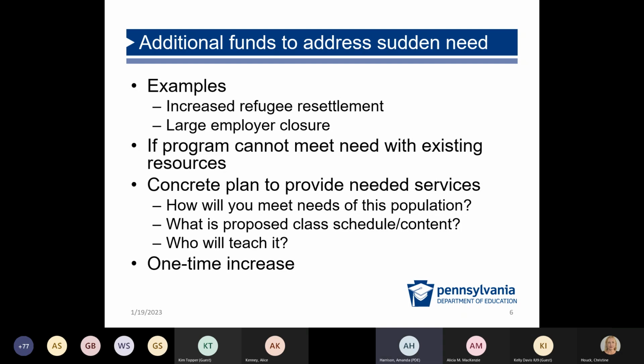The other thing to keep in mind is this would be a one-time increase. So if you do a funding adjustment this year to serve a certain population that you had not anticipated when you originally got the grant, it does not mean you're going to get more money next year, right? This would be saying, okay, there's this sudden intense need. Now, we can look at it again next year if that need continues. But I need you to understand that, if you get an extra $30,000-$40,000 to provide a very focused set of services for this population, you're not necessarily going to get that money next year or in future years.